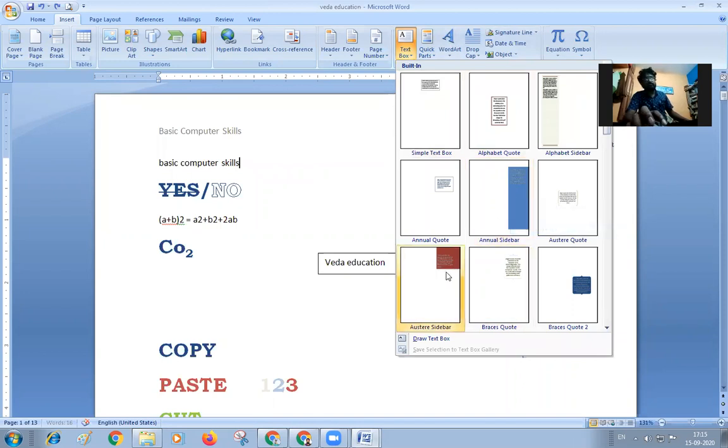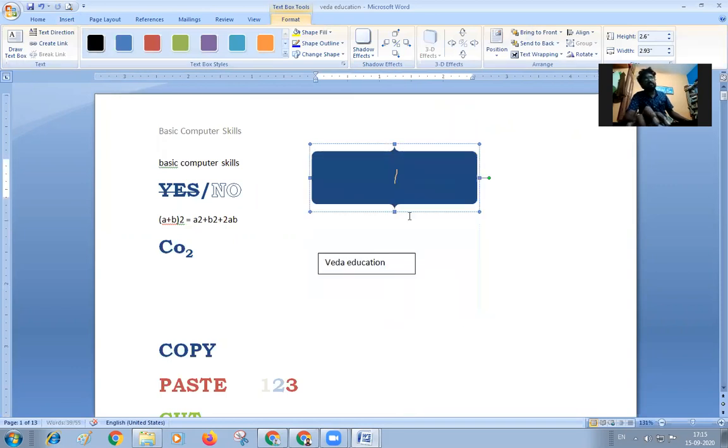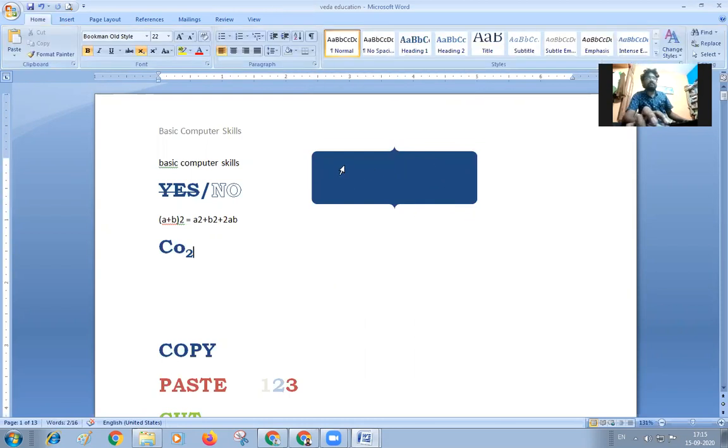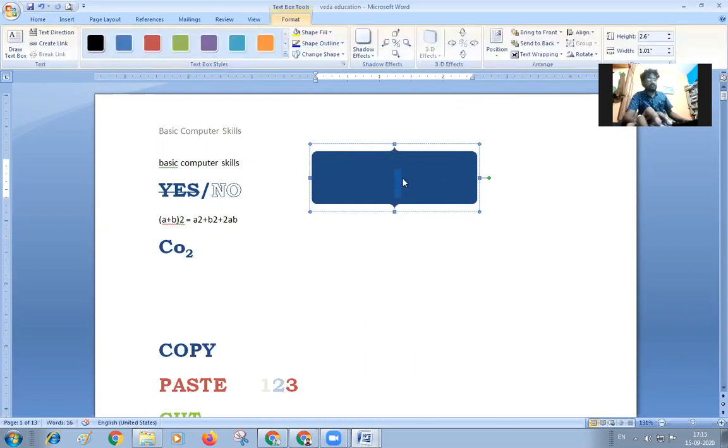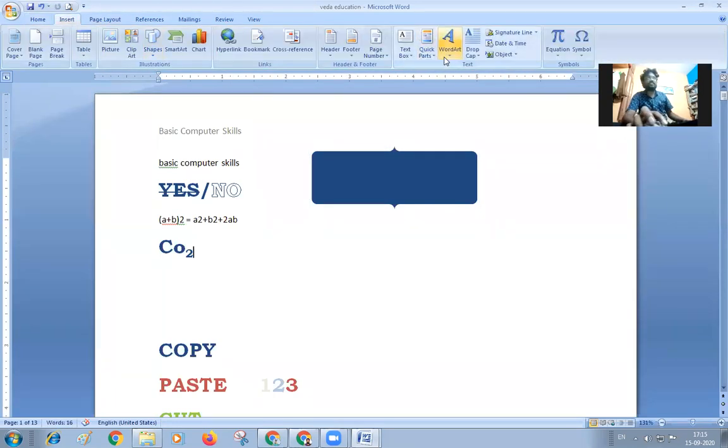You can use this type of boxes also, colorful boxes, and you can see this one is in the form of a comment also. Text box elements can be given in the form of a comment also, and you can paste over there. You can get the text also visible. And many types of text boxes are there. You can use all those types of text boxes.